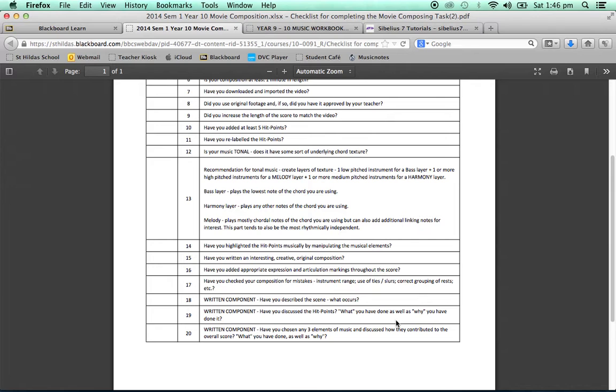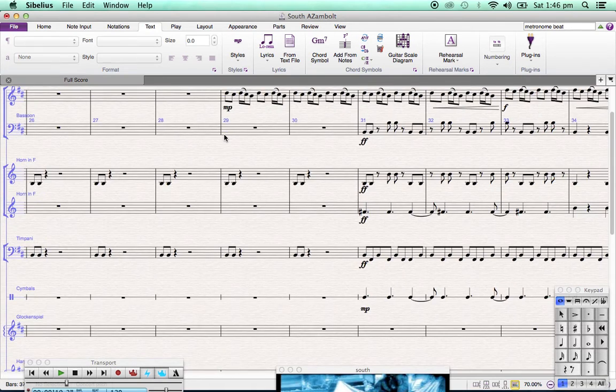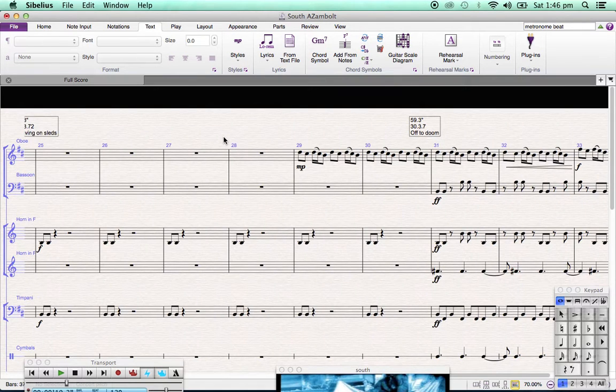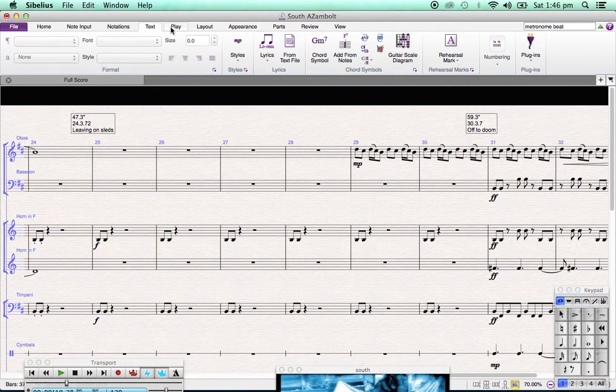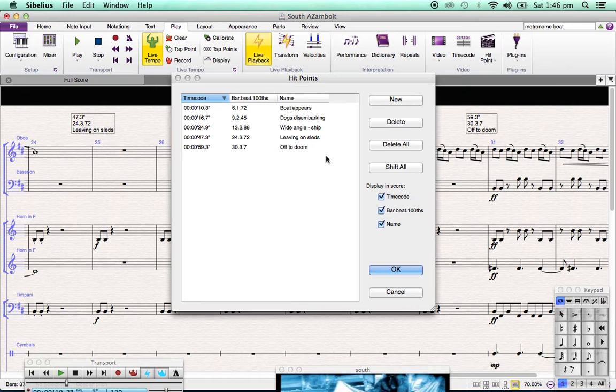Have you discussed the hit points? My next written part would be to say, okay, so I simply go up to my hit points. Actually, I can probably just look at them here in the hit points menu. And you can say hit point. The first hit point is the boat appearing at